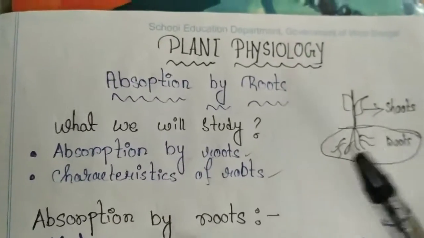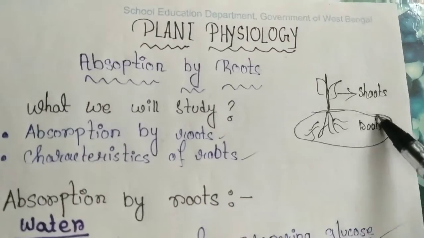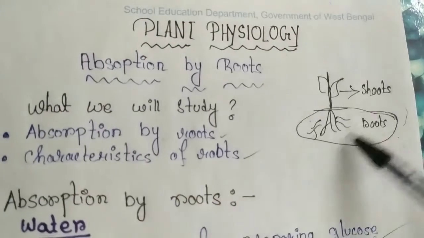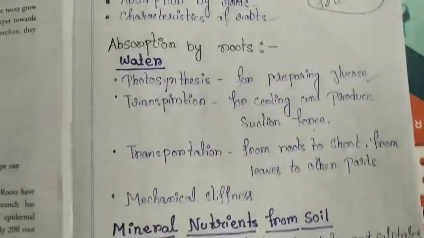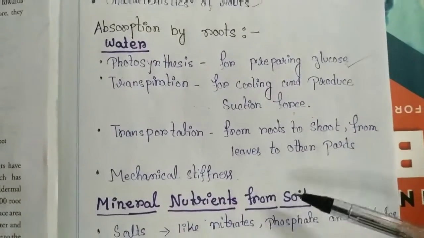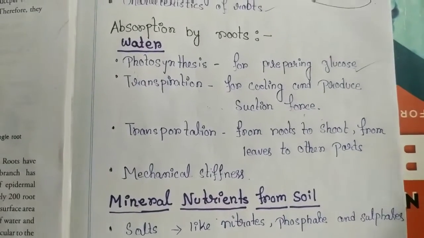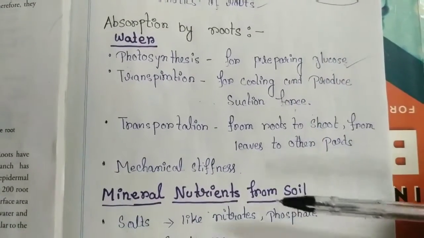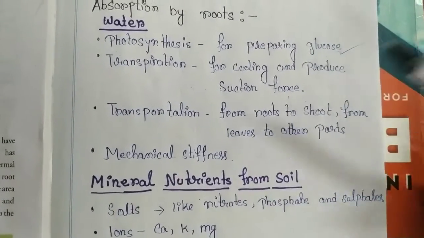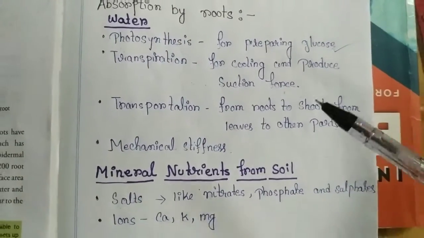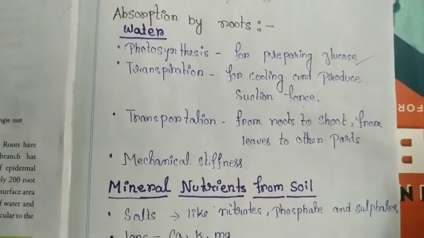As you already know, a plant has two parts, right? Roots and shoots. And we are going to discuss roots only. What is the main function of roots? It absorbs water, minerals and nutrients from the soil. Now you will ask why a plant needs water and minerals from the soil. Here I have written a few points which are in the book also. There are a few reasons why a plant needs water and minerals.